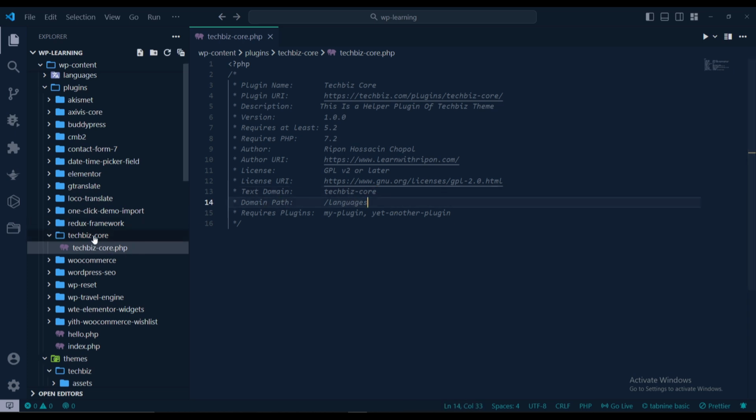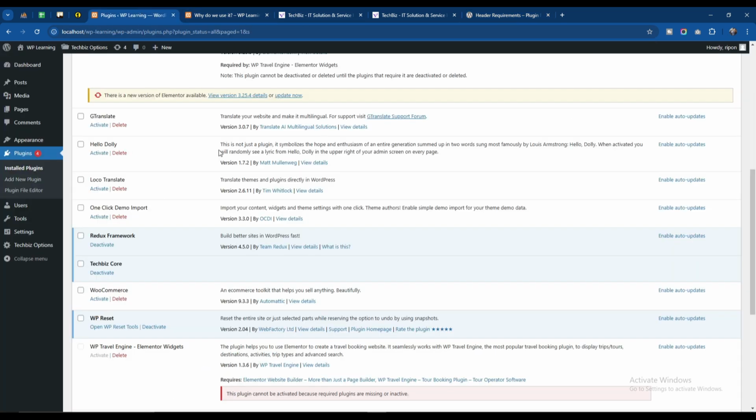So we'll create a folder in here, that folder will be named languages. And the requires plugins, there will be no plugin that is required. Yeah, there will be a plugin that will be required, but we'll see that later. Elementor will be the plugin that is required for this plugin to work. So I will set it to Elementor right now. Okay, so that's it. And if I go here now and give a refresh,